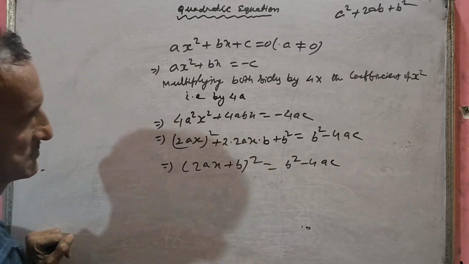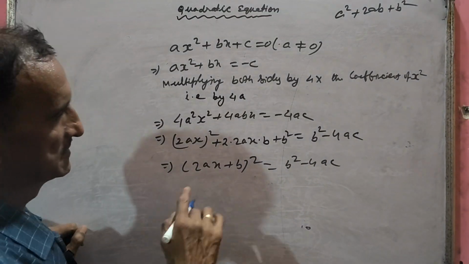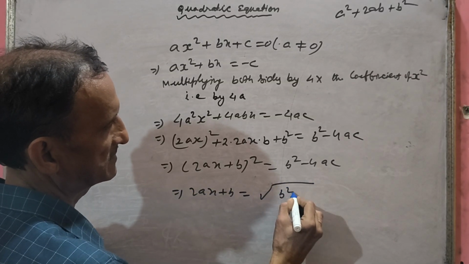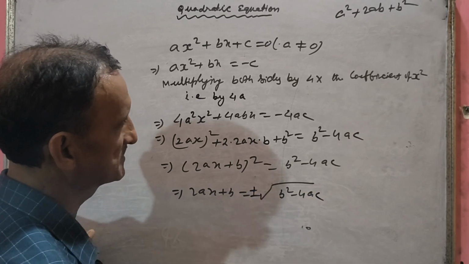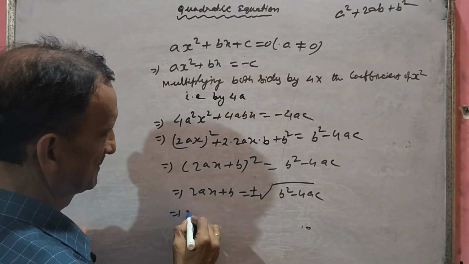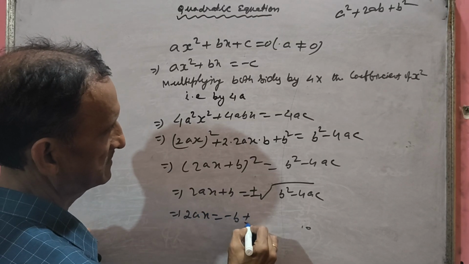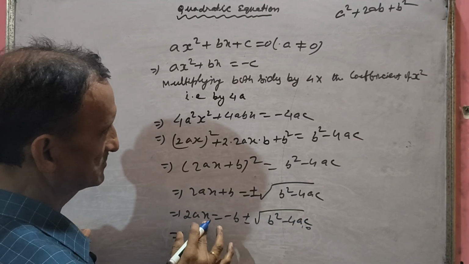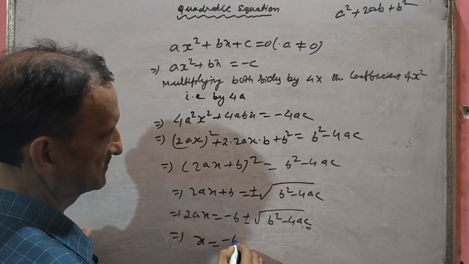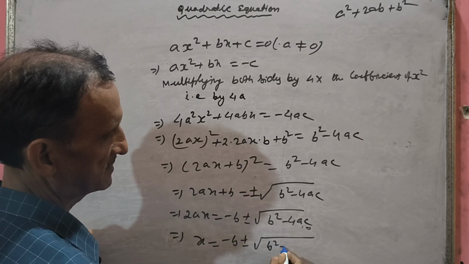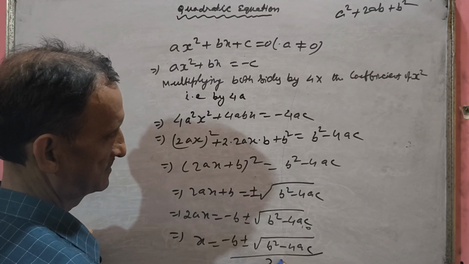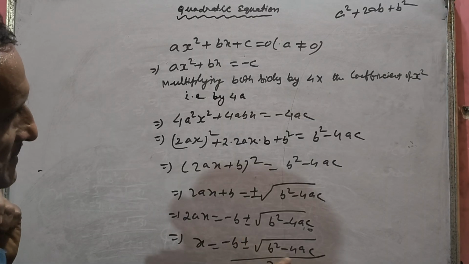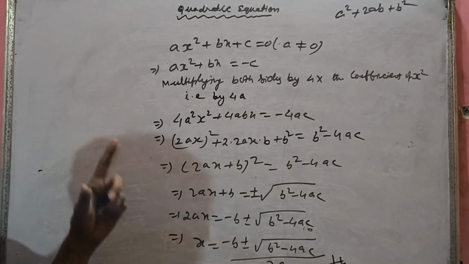You are getting the solution in just 3 steps. Remove the square sign. Twice ax plus b, you will get a square root here, b square minus 4ac followed by plus minus. What is twice ax equal to minus b plus minus square root of b square minus 4ac. We need to find x only. So what is x equal to? Minus b plus minus square root of b square minus 4ac by twice a. So these are the roots, and we will separate the roots by taking positive and negative separately. This is the completing square method only, done in a different way.